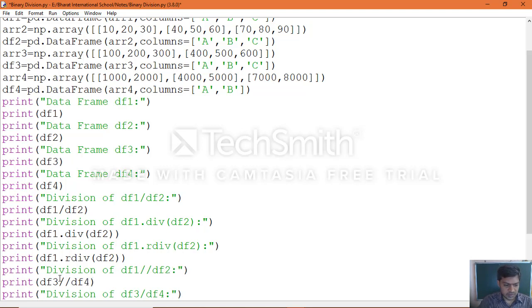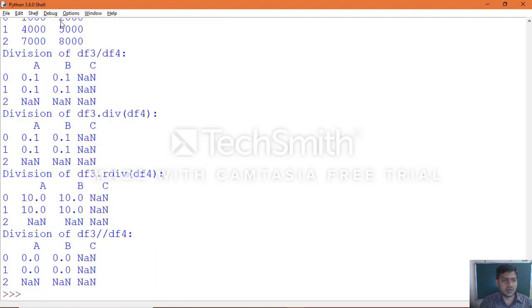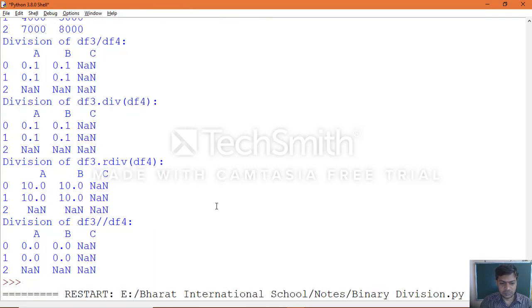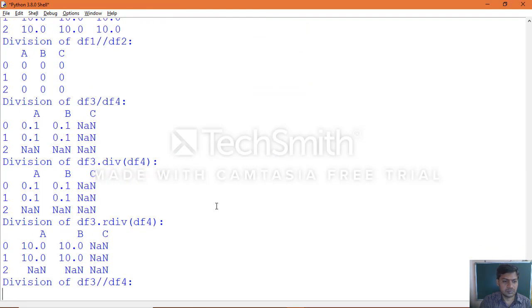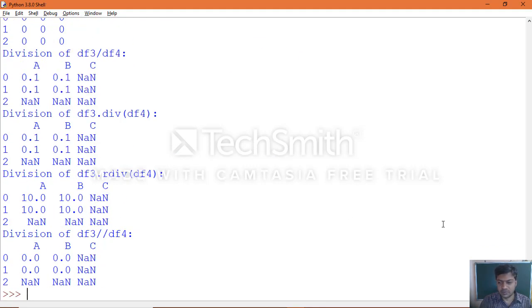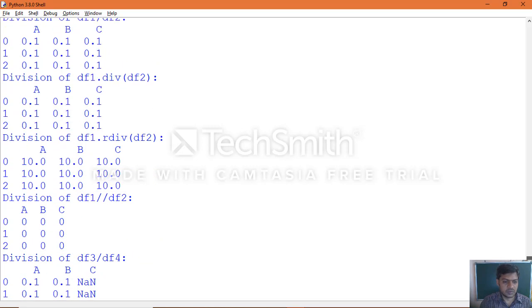Then apply here also 1, 2. Okay, now which will be executed. Save and go to run. Click run module. You will see 1 and 2 also, which is performed.